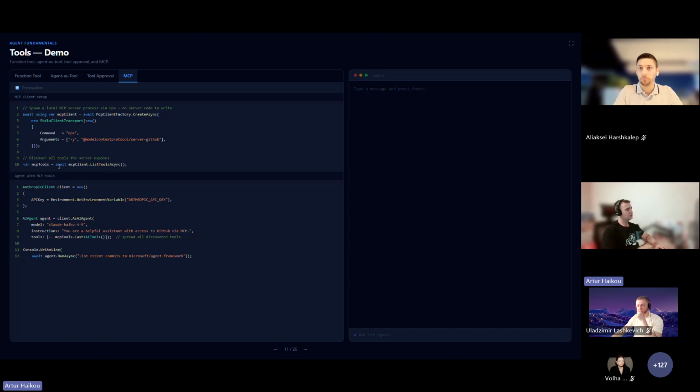And also, you're able to choose what tools you're going to add to your agents. In our case, we added all available tools from this particular MCP, but in real use, you're able to filter and add specific ones.